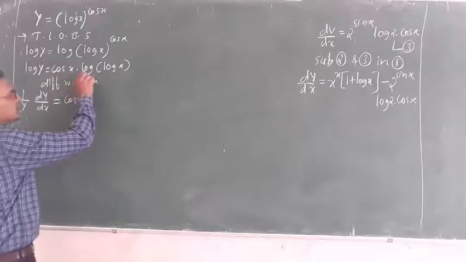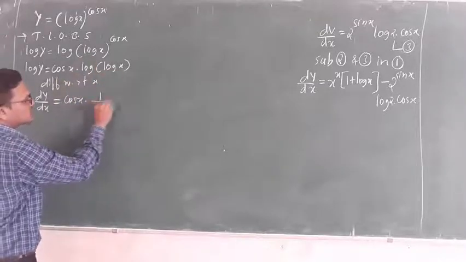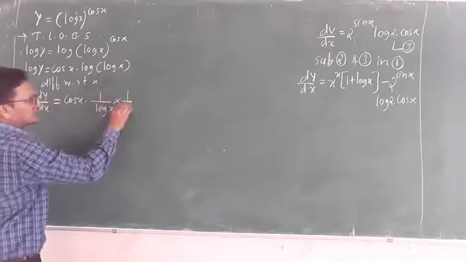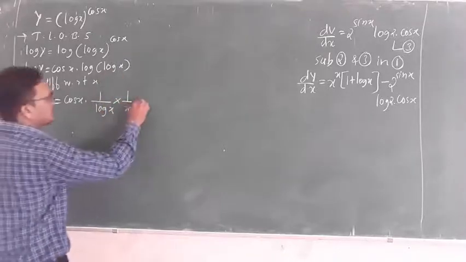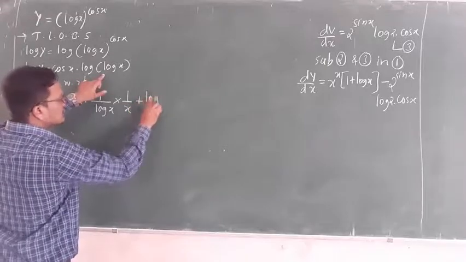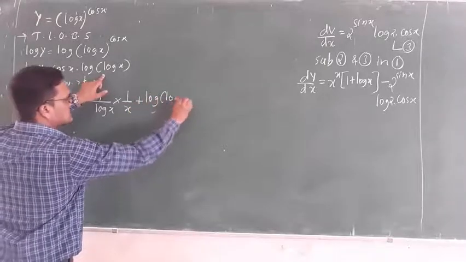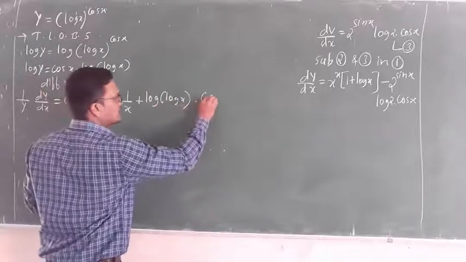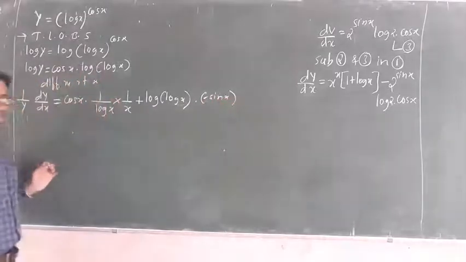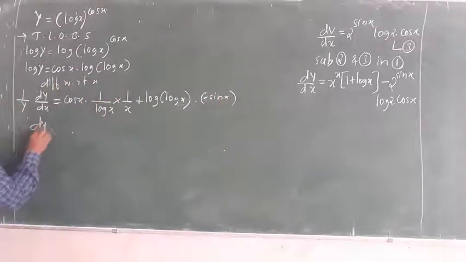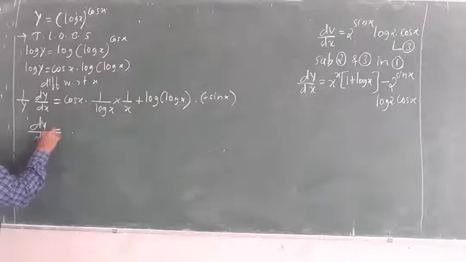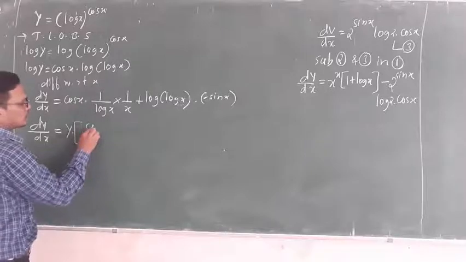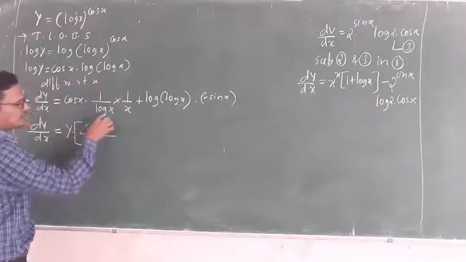So the first derivative of log x is 1 upon log x into the derivative of log x, which is 1 by x, plus, now the second function, log of log x, is constant, into the derivative of cos x, that is minus sin x. So therefore dy by dx is equal to, y we have to transfer, it will multiply. So here cos x divided by x into log x,